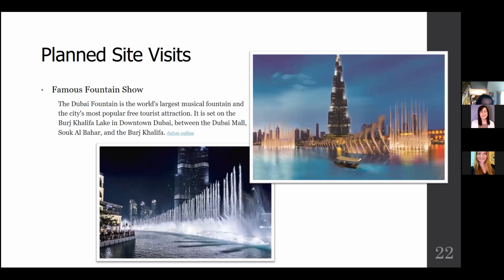As you notice, I've been saying the world's tallest, world's biggest. Dubai is very famous for that, always building and outdoing themselves on what they're going to do next. When we were there last December, they were building the world's largest Ferris wheel. And I'll be honest with you, just looking at it, I was a little nervous about getting on that thing. I'm not really sure when it'll be open. I don't know if it'll be open in time for the visit in December, but you can certainly see it. It's just amazing.